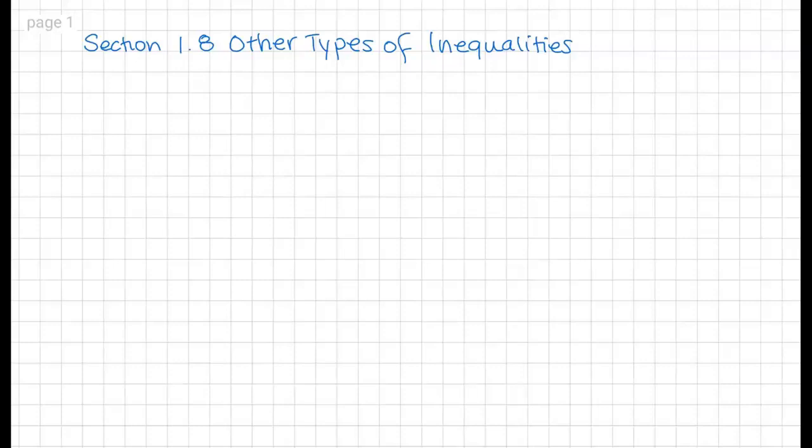All right, so today we're going to do section 1.8, other types of inequalities. And this basically just means nonlinear inequalities. What about inequalities where we can't just isolate the x? How do we solve them? And so the idea is going to come from the idea of comparing